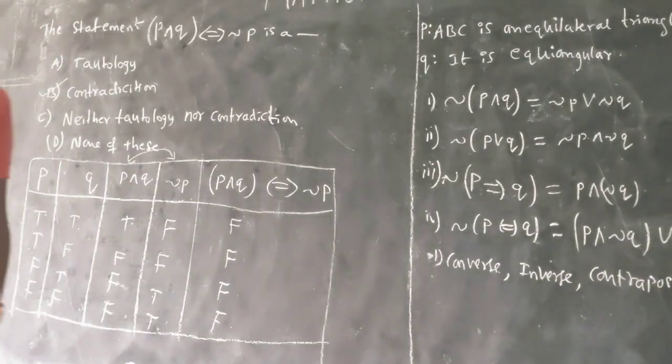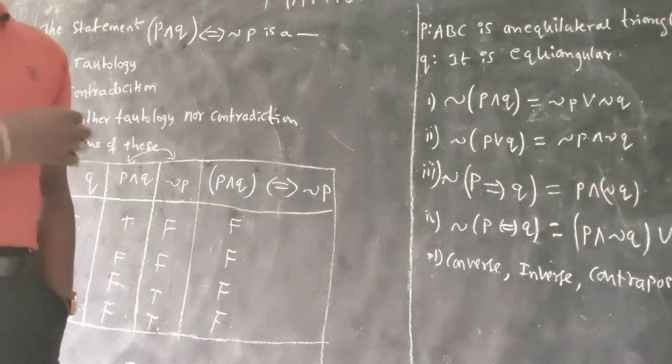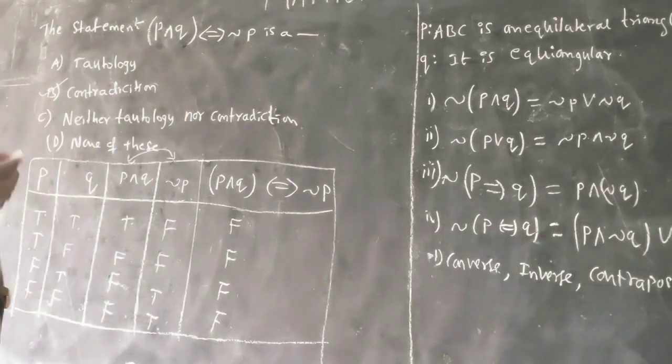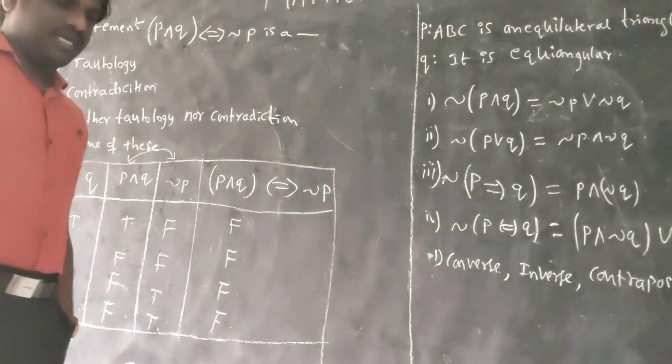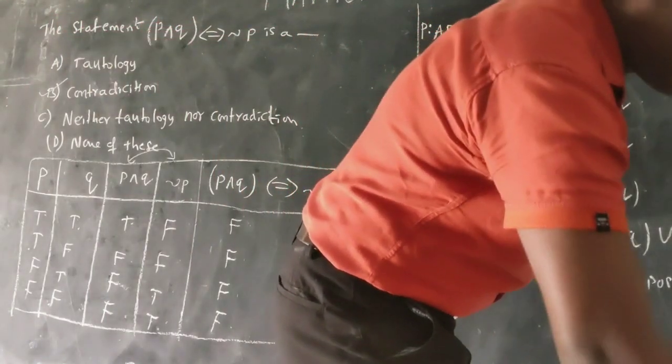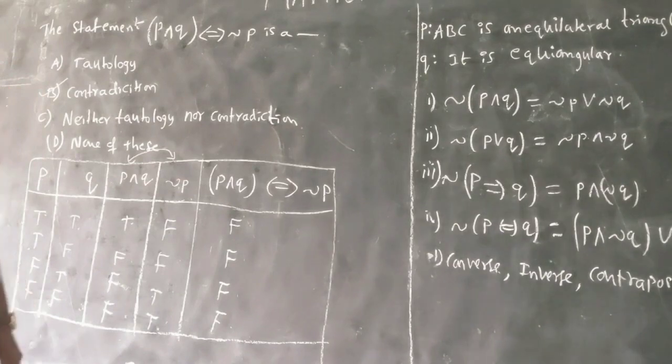These types of questions are really asked in JEE Mains, many of them. So don't think they will ask only silly, simple questions in the exam. Not like that. This is a very important topic for JEE Mains as well as Maharashtra board, and CBSE class 11 has it, but not this much depth. Now I think you have understood what is tautology and what is contradiction. I will give more examples and questions as homework and share them in the group, where you can practice.